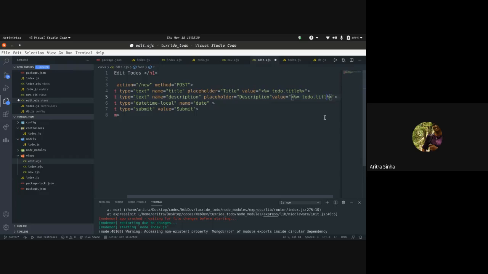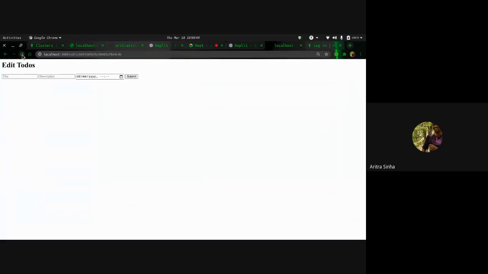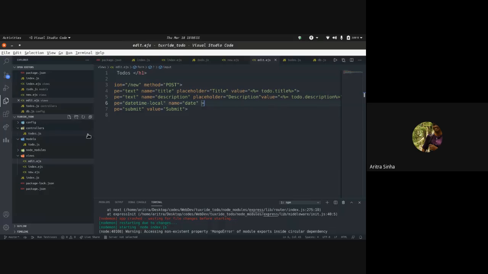Same thing goes for description, and we can't actually do that with the date part, so we'll leave it as it is. Refresh, see, when I edited my event 2, it will be like this.